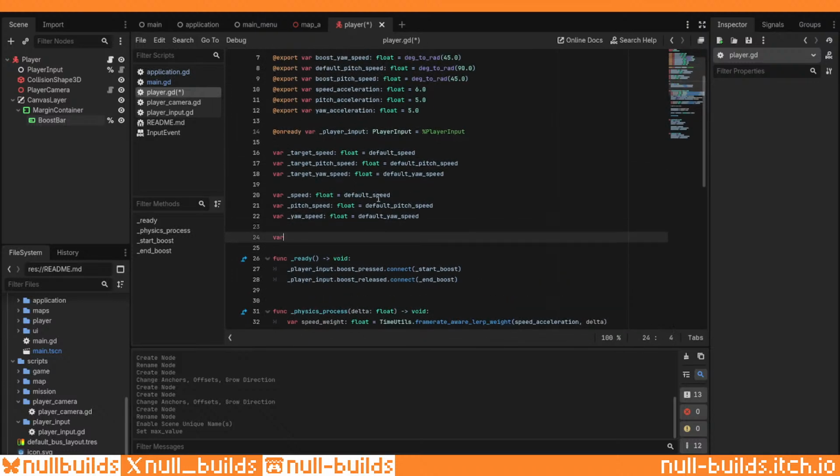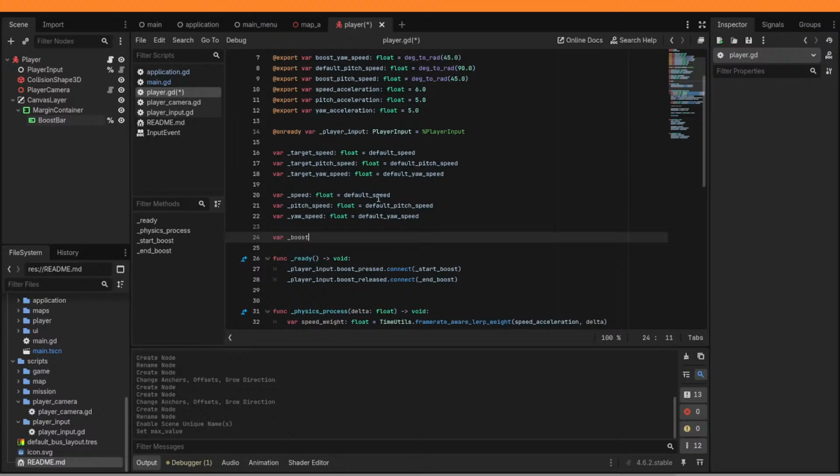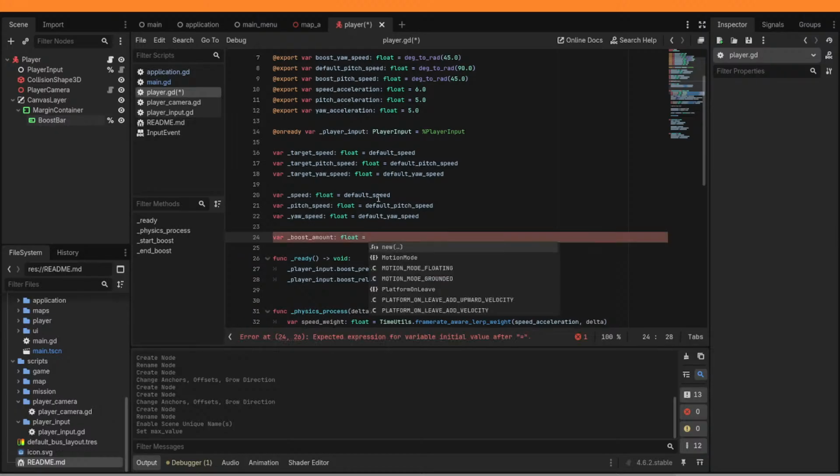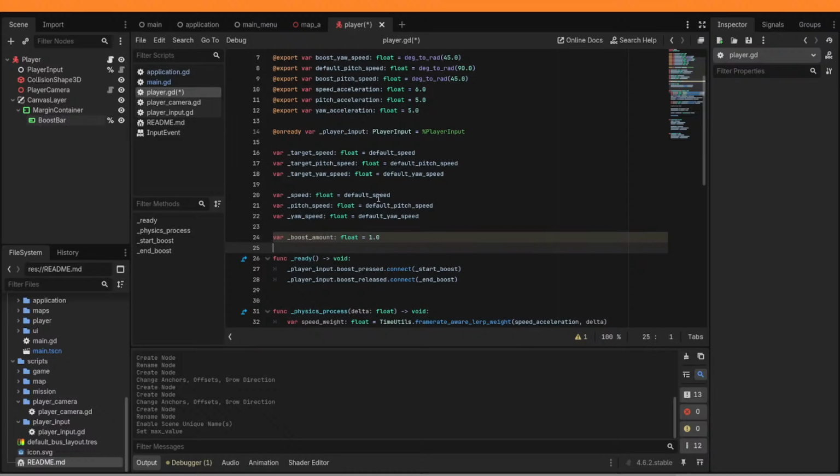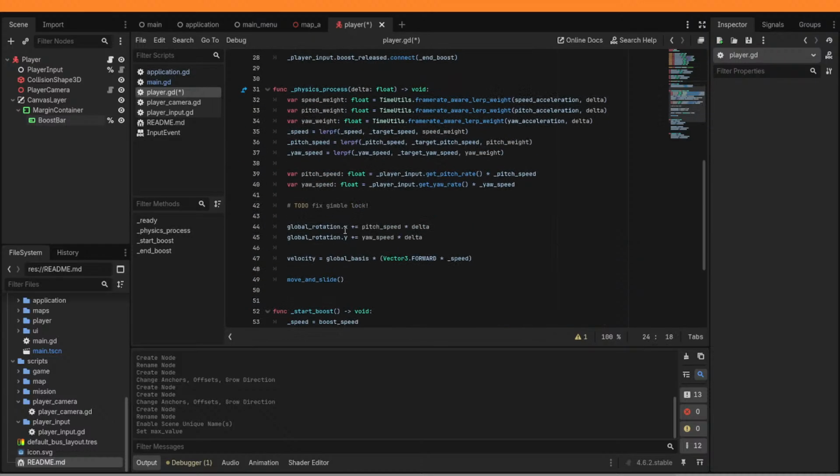So we'll do var boost amount, maybe, or boost ratio, I don't know. And we'll set that to 1, and then we want to slowly drain it and then refill it back to 1. So while it's down,